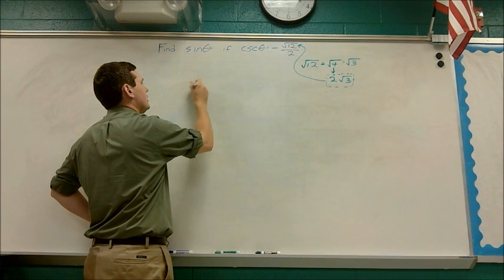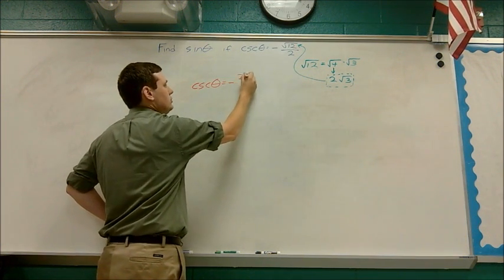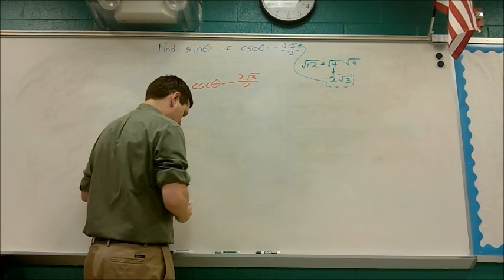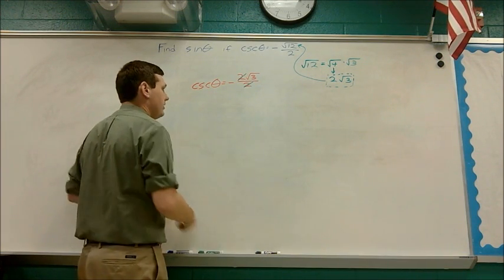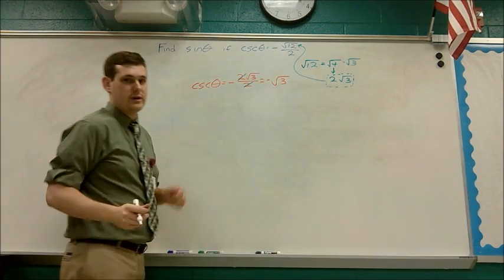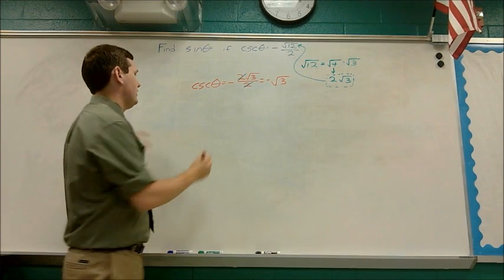This means that the cosecant of theta equals -2√3/2. That's good for me because these 2's cancel out. And I know that this equals negative square root of 3. Okay? Now I use a reciprocal identity. If I want to find the sine of theta,